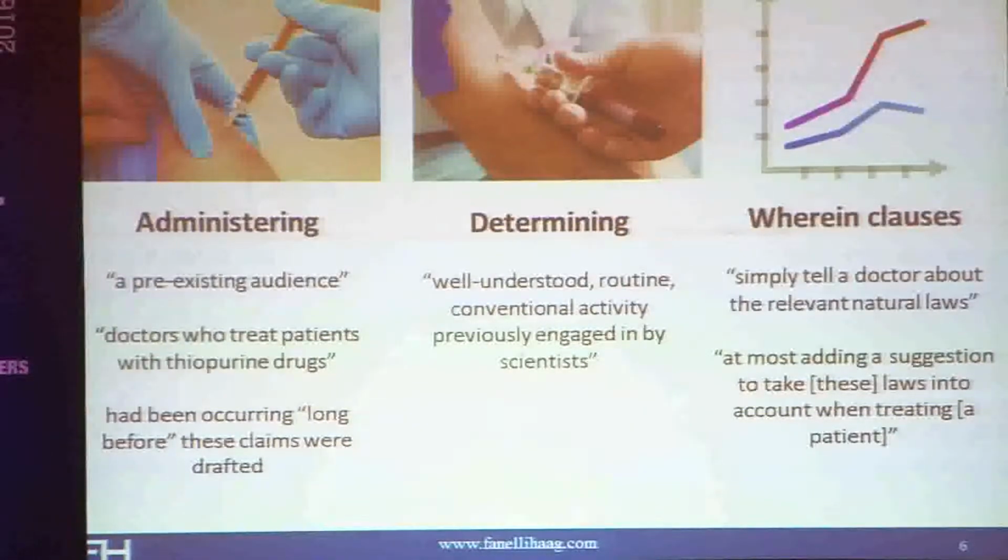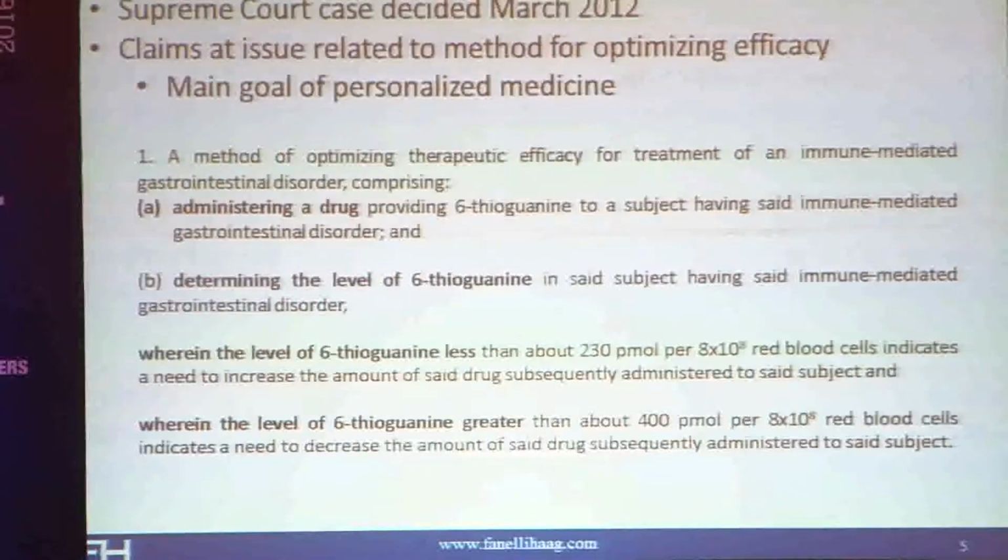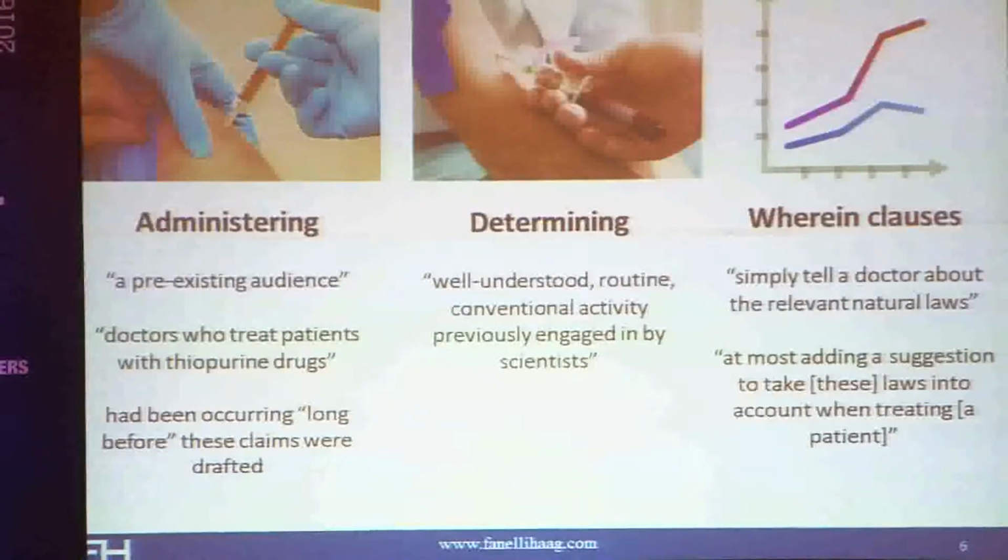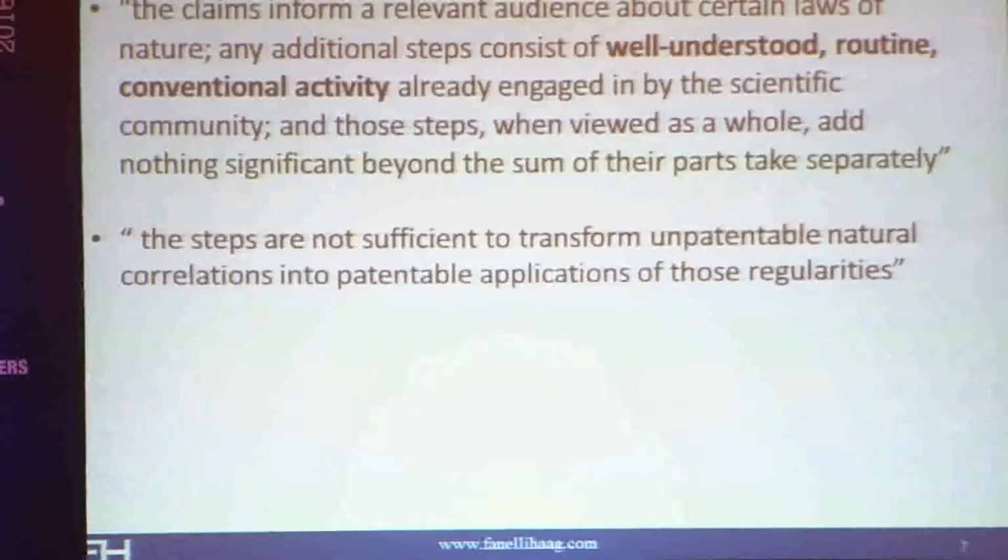With regard to Mayo here, if you look back at the claims a little bit, you really only had 3 things, in fact 2 things: administering a drug, determining a drug level, and figuring out that those levels meant something. So it's a byproduct, and Bob Stoll talked about this yesterday, of claims that probably weren't drafted very well and maybe shouldn't have stood up. But the Supreme Court making this statement really issued this broad sweeping language that anything that is well understood, routine, or conventional isn't going to be enough to get you over that hurdle of patent eligibility or ineligibility.